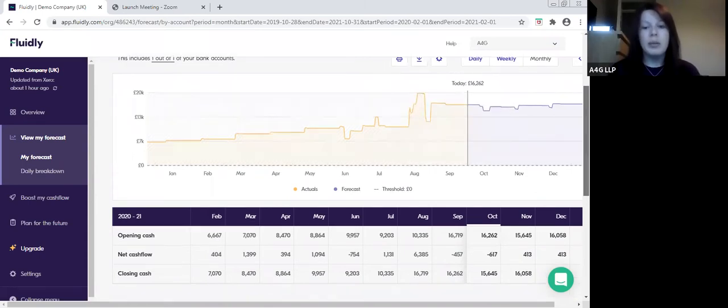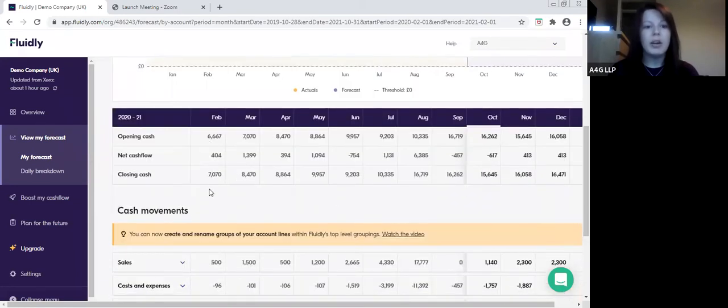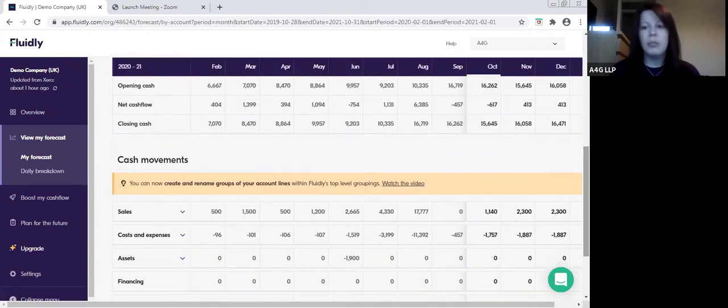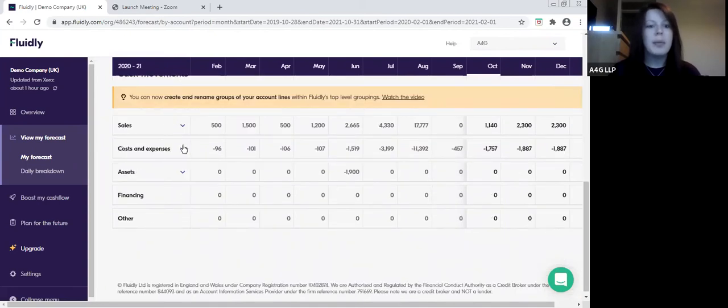If we scroll down a little bit further, we've again got another summary. You've got your opening cash for the month, your closing cash, and your net cash flow, which is obviously your inflows less your outflows. Going down again, we've got a breakdown of this cash. This is cash movements. As you can see, they're summarized here. But if we click into them,